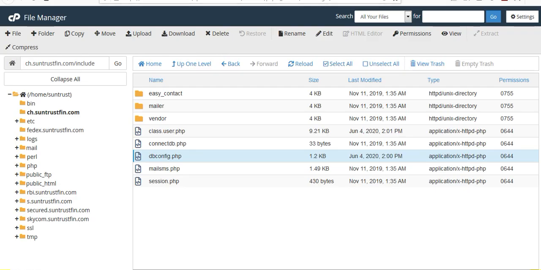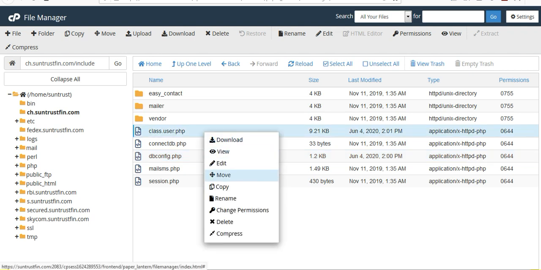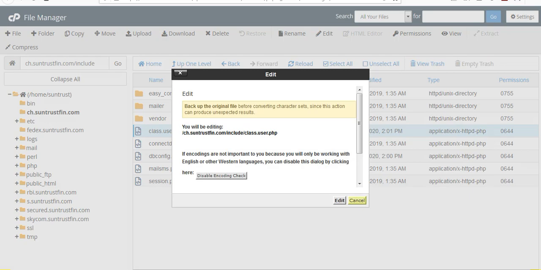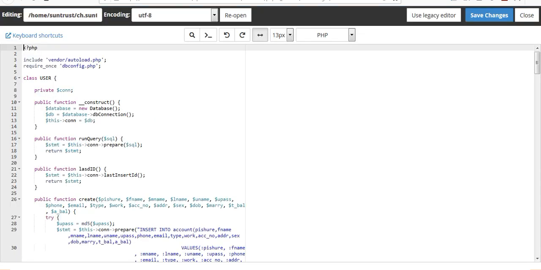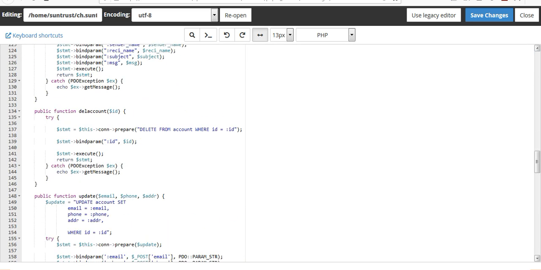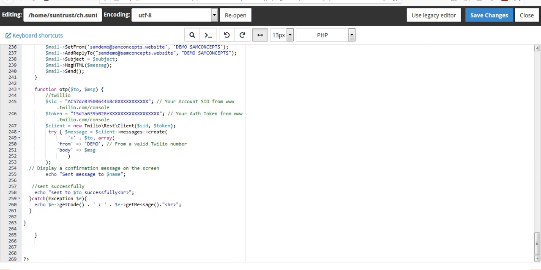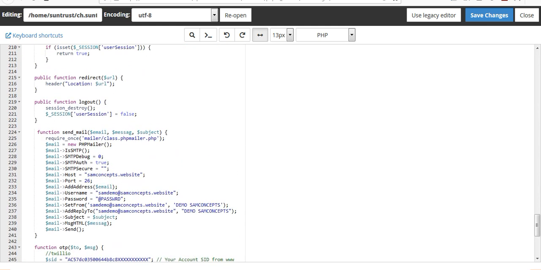So this one now is the class user file. That is where you are going to add your SMTP details. So you are going to click on it, click on class.user.php to edit it. What you are going to change here is the mail configuration. But first of all, you have to know your SMTP